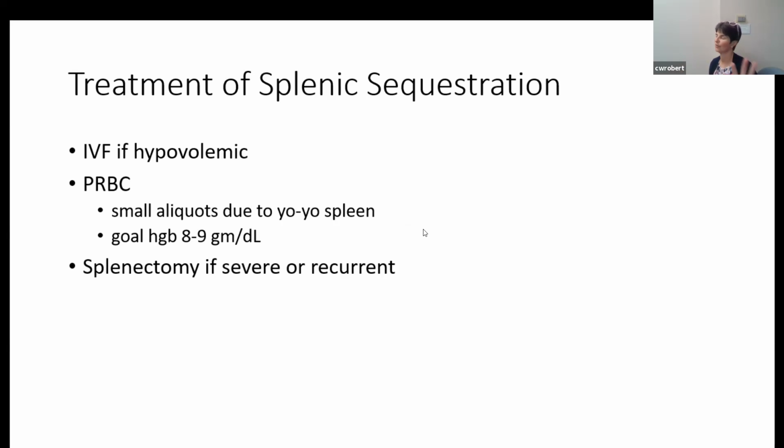But anyhow, with the spleen, you don't usually give your typical 10 cc's per kilo, because that could raise you by 3 grams per deciliter. Let's say you have a child whose baseline hemoglobin is 7, and they come in with a hemoglobin of 2. So you have 5 grams of hemoglobin trapped in that spleen. You give them 10 cc's per kilo, and they're going to go up to, let's say, 5. And